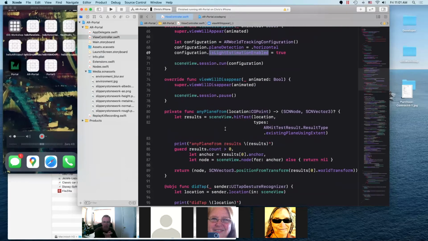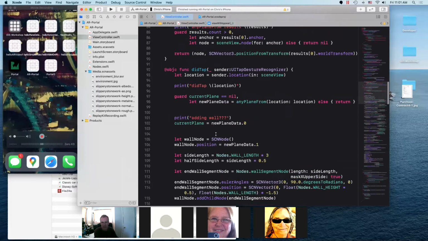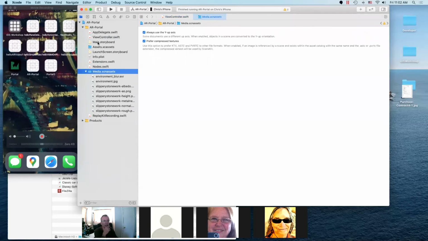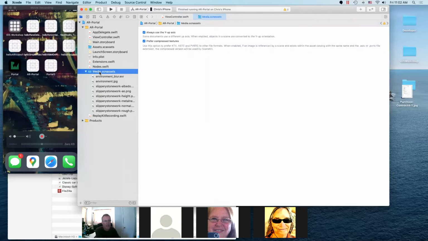Okay, normal handling when view disappears. And then these functions are going to now let us look for the surfaces. Did the user tap on the surface? And then we're going to be adding, if you can look at the assets, where are the assets? Right here. They have all of these cool surfaces,